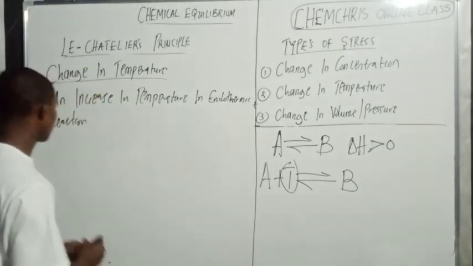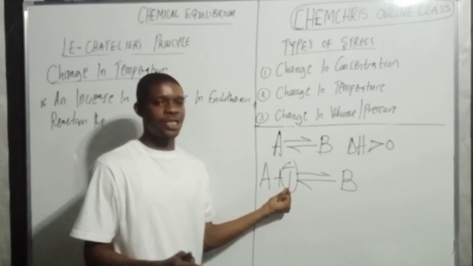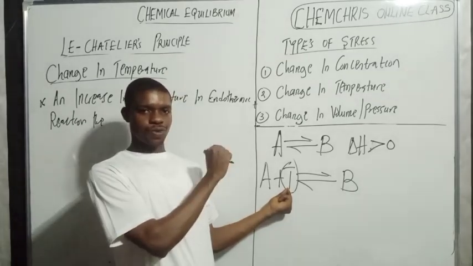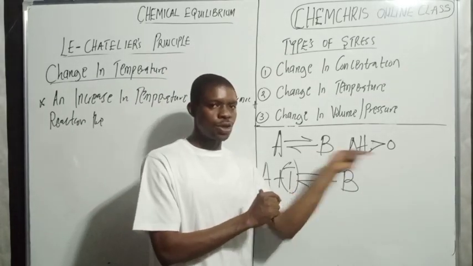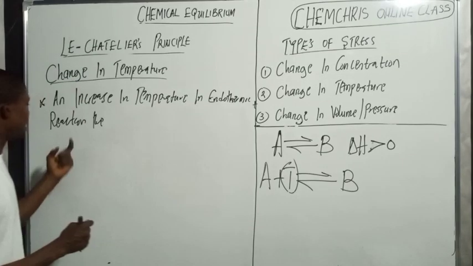What will happen here? When you increase temperature here, remember temperature is treated as a reactant here. So you shift to the product side. So an increase in temperature in endothermic reaction,